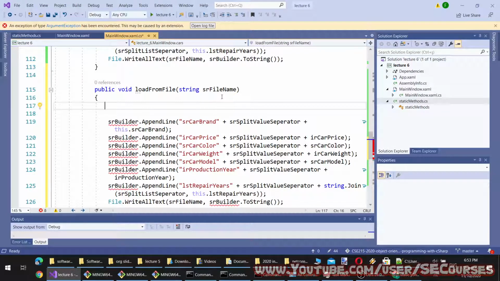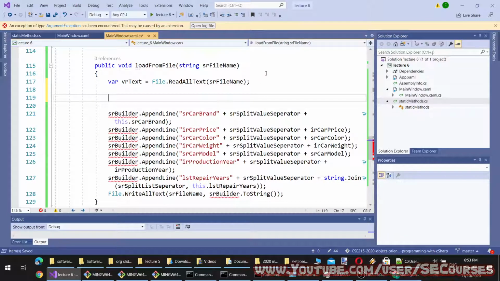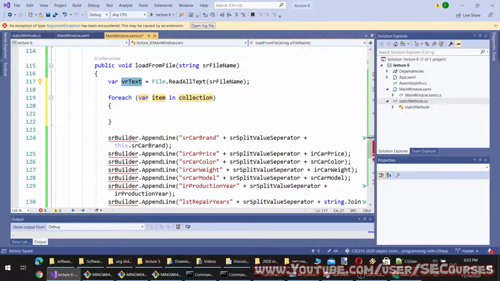into a string object, File.ReadAllText from sr file name, and var text. By the way, the var keyword automatically gets the type of the right side of the equation, which is in this case string. Then I will read every value like this, foreach, or let's make it ReadAllLines. In this case it will be a string array, as you can see. Okay, per line,